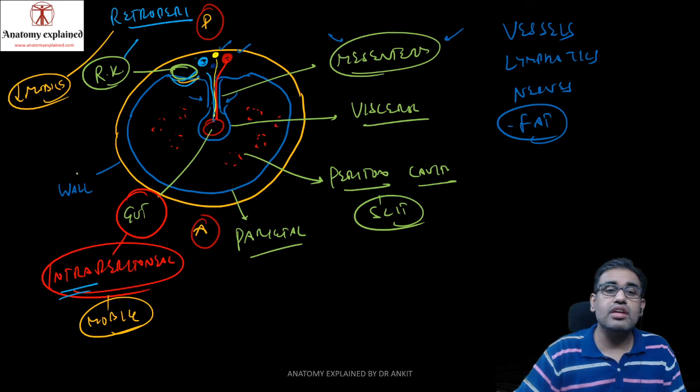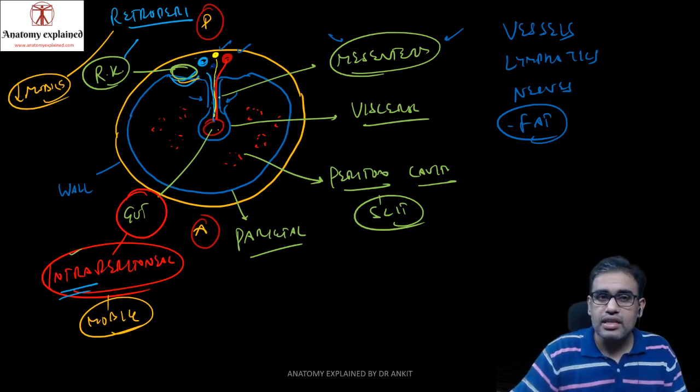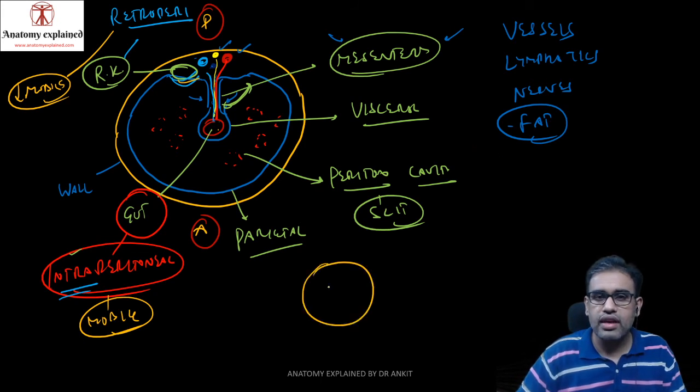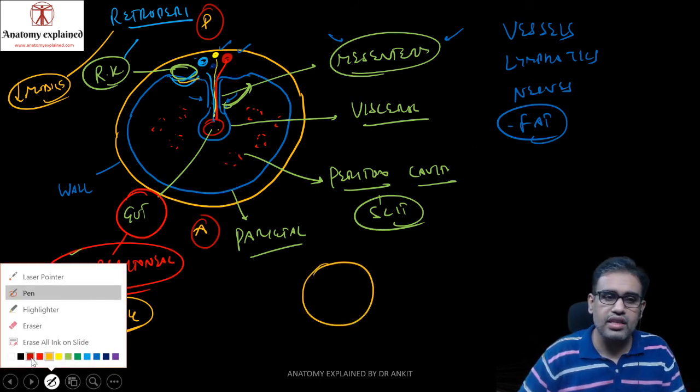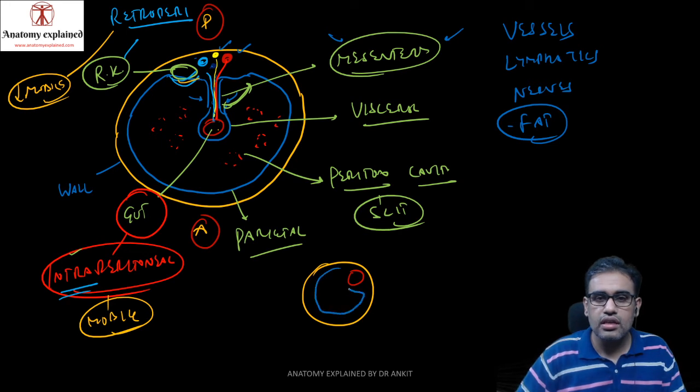But one more thing here: supposedly there was this part of the gut which, during the initial development, was intraperitoneal. But during development this part of the gut, along with its mesentery and visceral peritoneum, fell back onto one side. So much so that finally this organ, which was intraperitoneal in the beginning, became retroperitoneal because of the fusion of the visceral peritoneum with the parietal peritoneum over here.